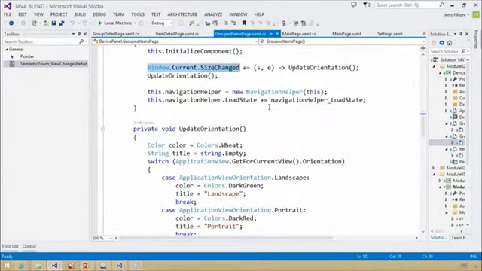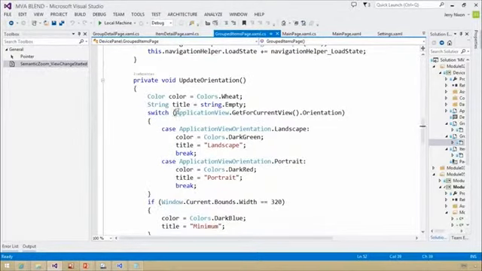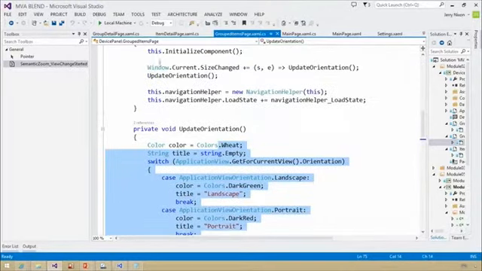But how are you going to actually read it? There are a couple of ways. The first one, you can use ApplicationView.GetForCurrentView orientation. That gives you landscape or portrait. That may not be enough for you. You can also use window.current.bounds.width to see whether it's 320 or any other specific width, and determine whether that's your minimum. So at a high level, the application view tells you landscape or portrait, but at a specific level, you can use window.current.bounds.width to get whatever the user might have just changed it to. So this is how you get it, and this is the event that's raised,